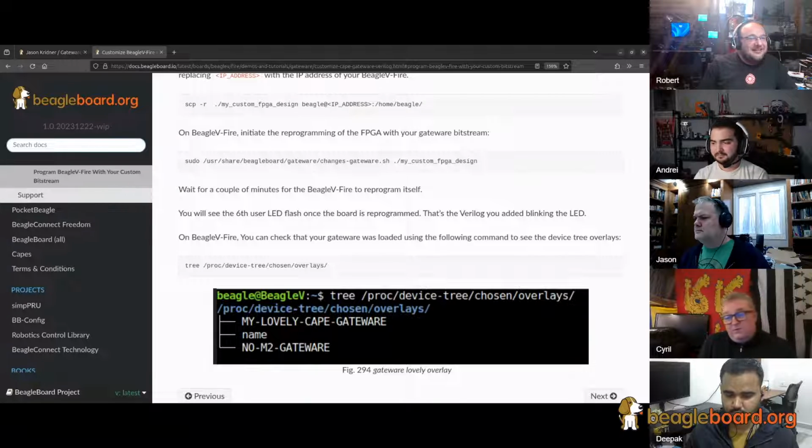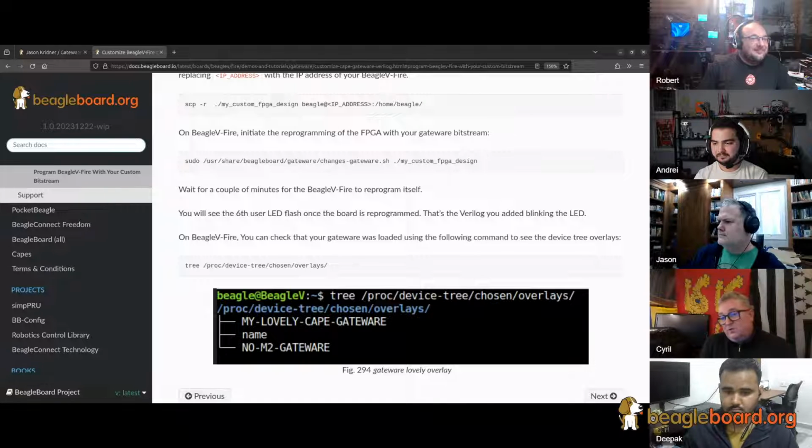From a user point of view, we'll just update the script and the script will just use the different approach. So this set of instructions will remain the same regardless of the switch of